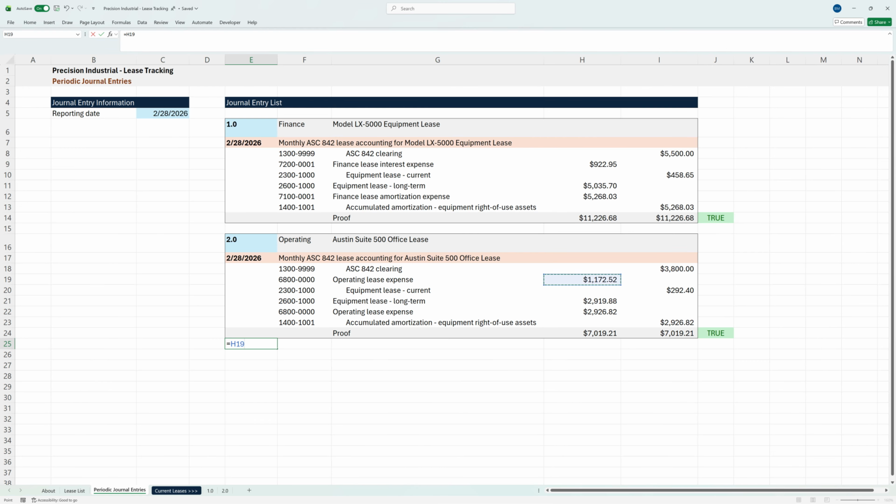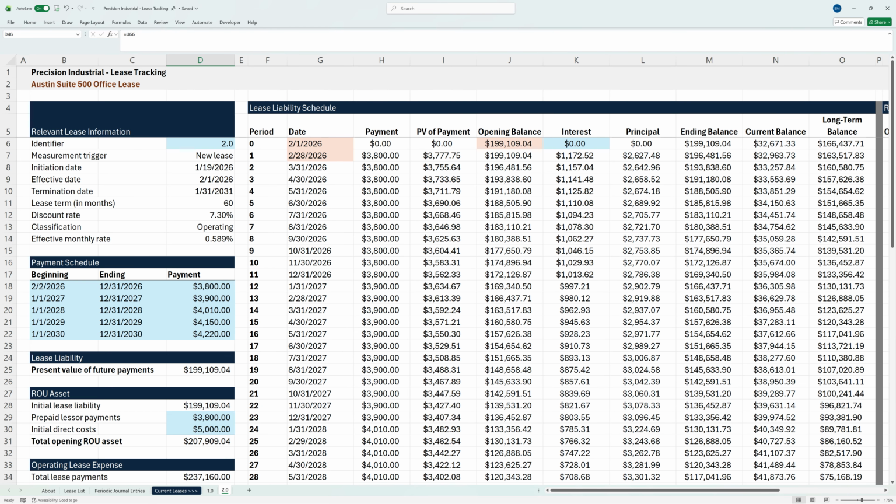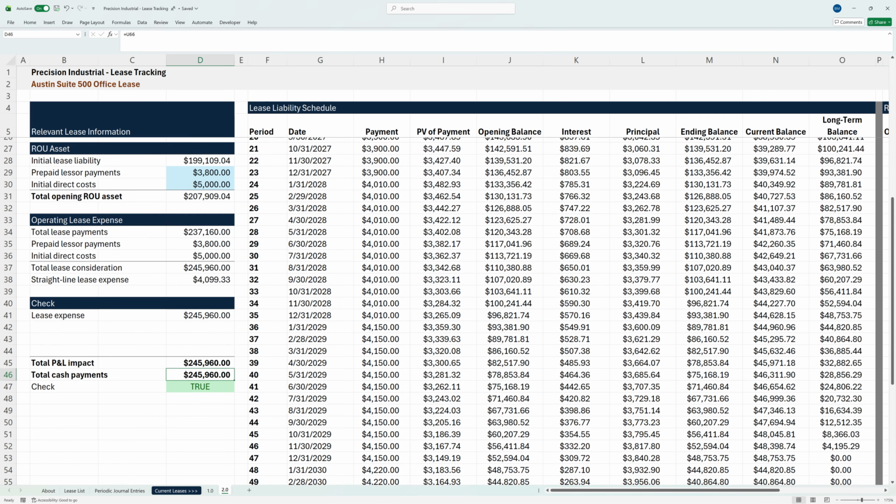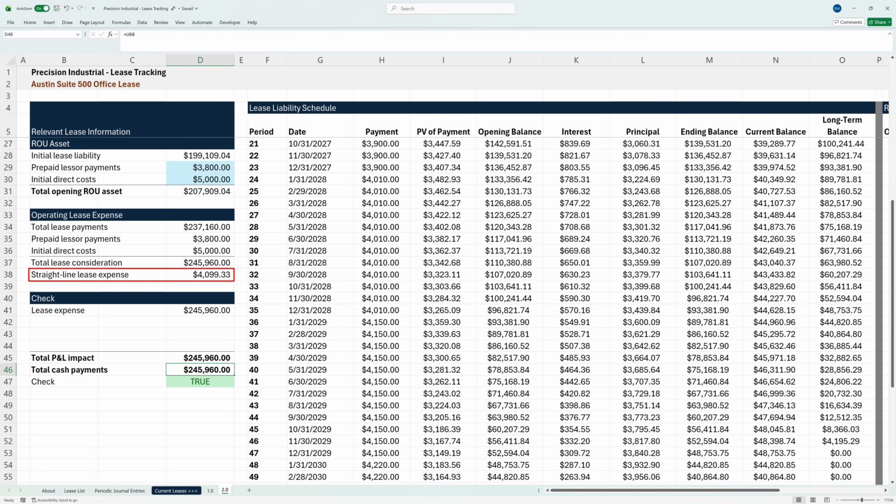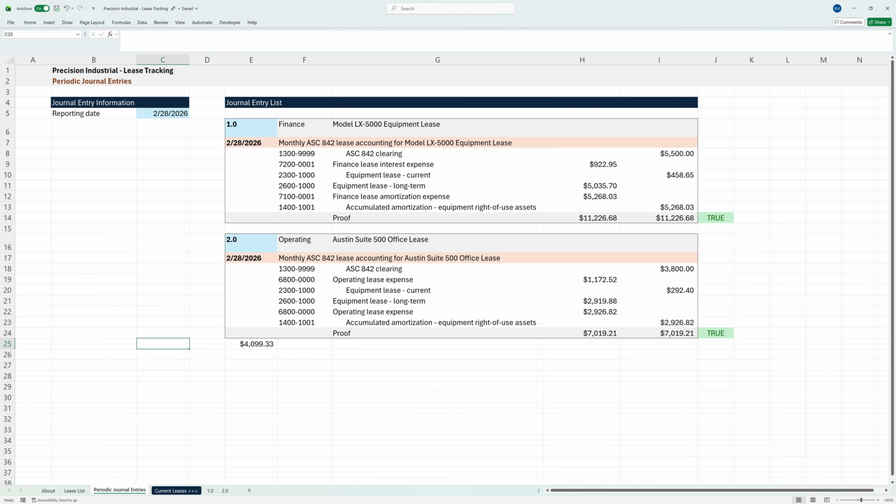But if we quickly sum up our total lease expense for the month, we get $4,099.33, which matches the straight line lease expense we calculated in our lease tracking workbook. And to illustrate, if we update our reporting date to March 31st, you can see our operating lease expense remained constant at $4,099.33. So we'll switch that back to February, delete our straight line lease expense here,